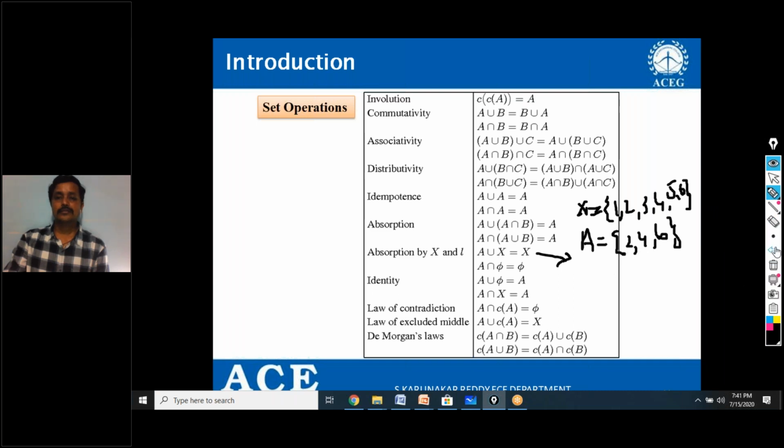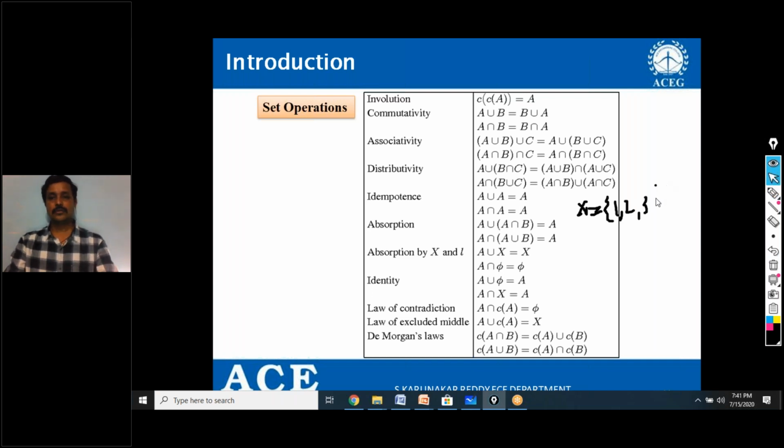Next, A intersection A complement. When you perform A intersection A complement, you are going to have